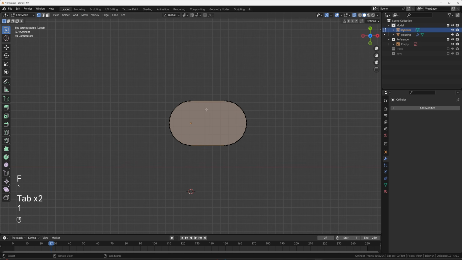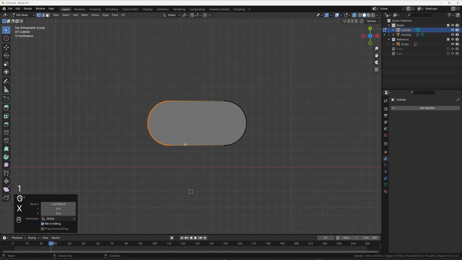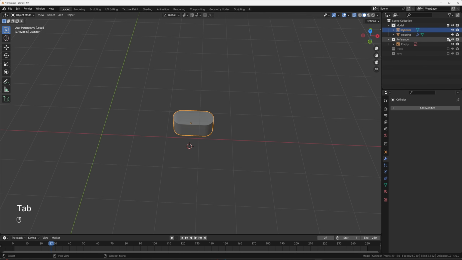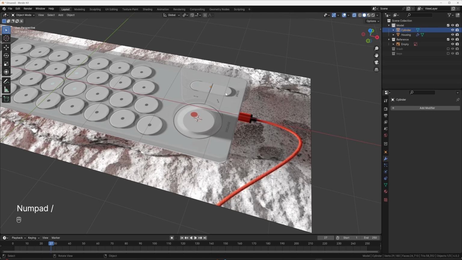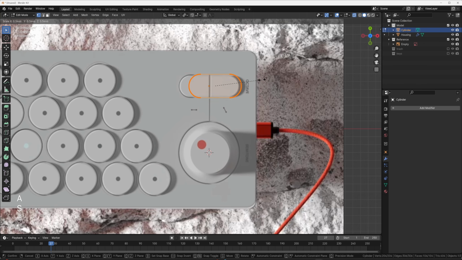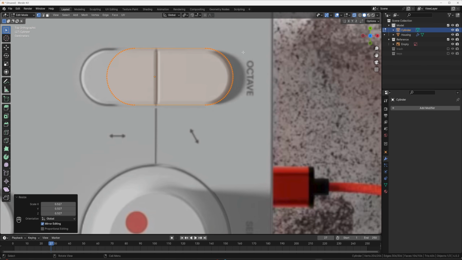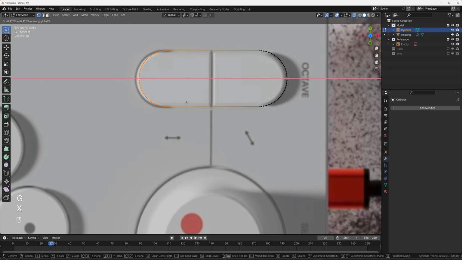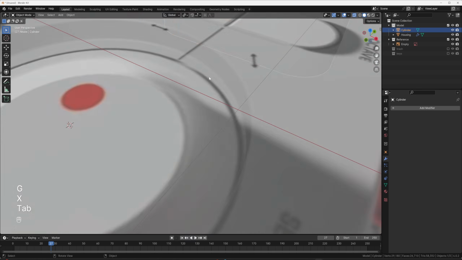And now if we need to change it, we can just move these out and it'll still be a perfectly semicircle piece here. So now if we go back, press that same backslash key that will unhide everything. I'm going to go to the top view. I'm going to press A and just scale everything down. This actually is really, really close on this side. Scale it down like so. I'm going to grab these and bring it over like this.